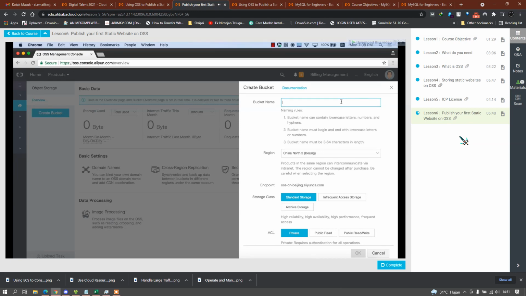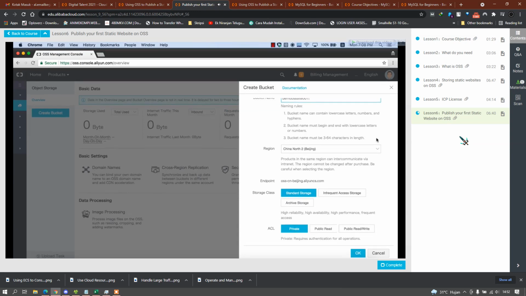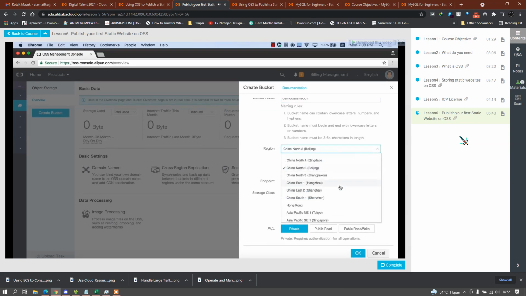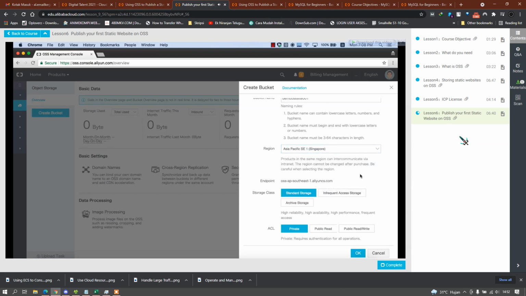So for example, in my demo, I just start with a demo OSS site, and then we add a number to make it unique. And then we have to choose the region. For our example, we choose the Singapore region, but of course, if you prefer, you can choose Hong Kong or other regions as you desire. And then here, we choose the standard storage